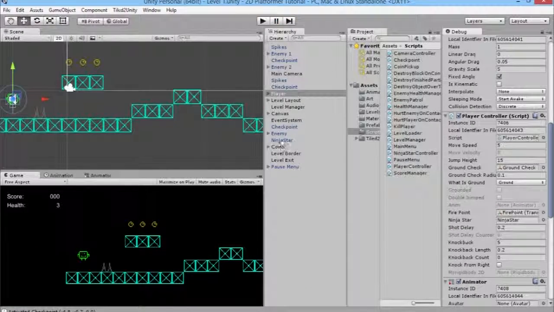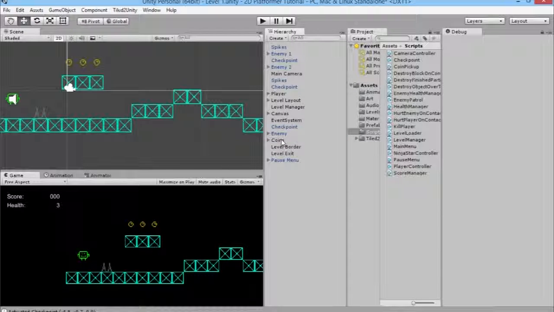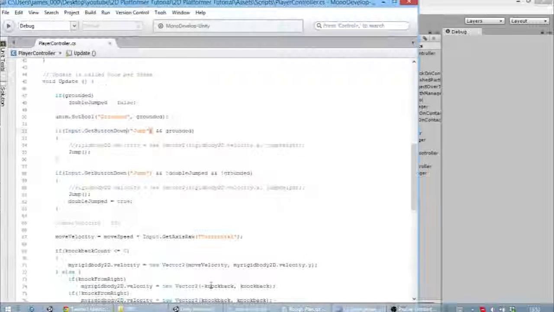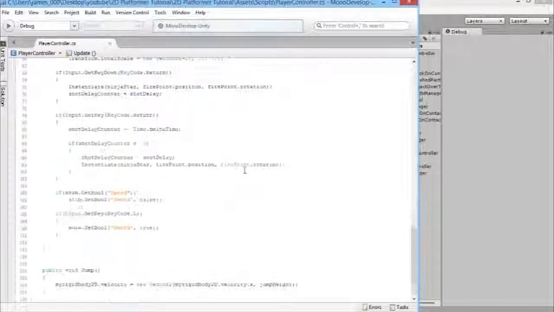And we'll just delete that. And I'm actually going to delete this Ninja Star that keeps making a sound every single time we start as well. So now we've got our jump sorted out. What we need to do next is our